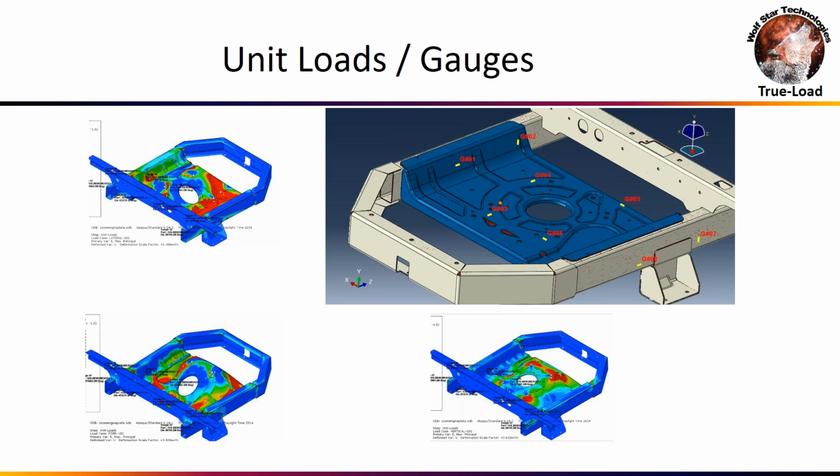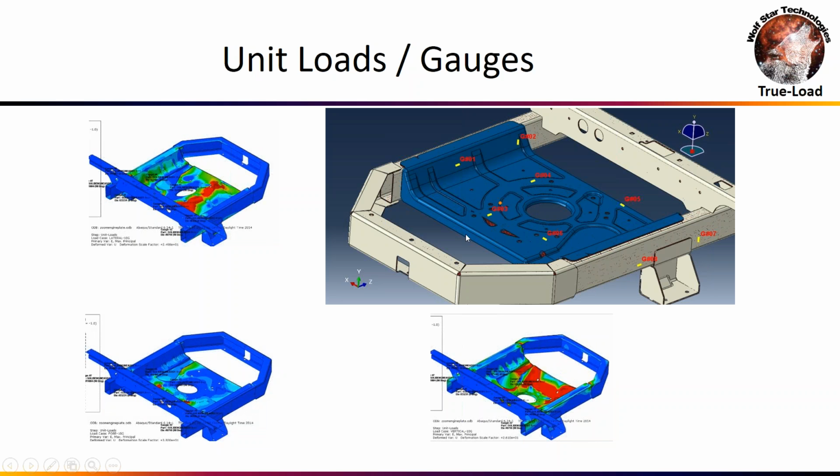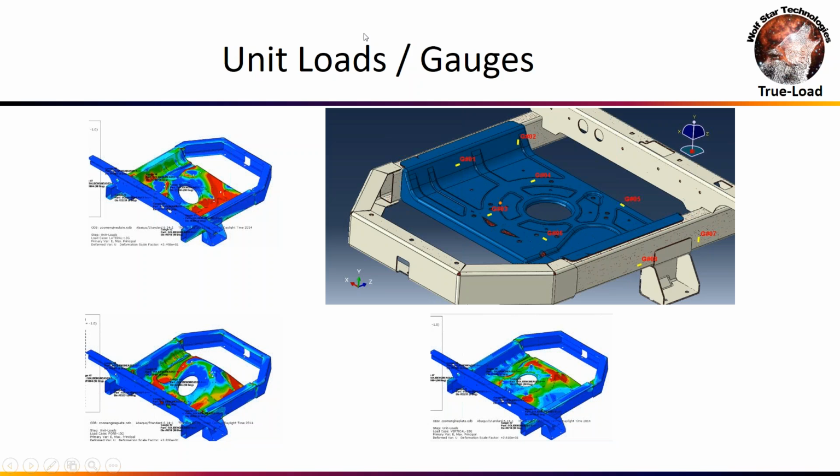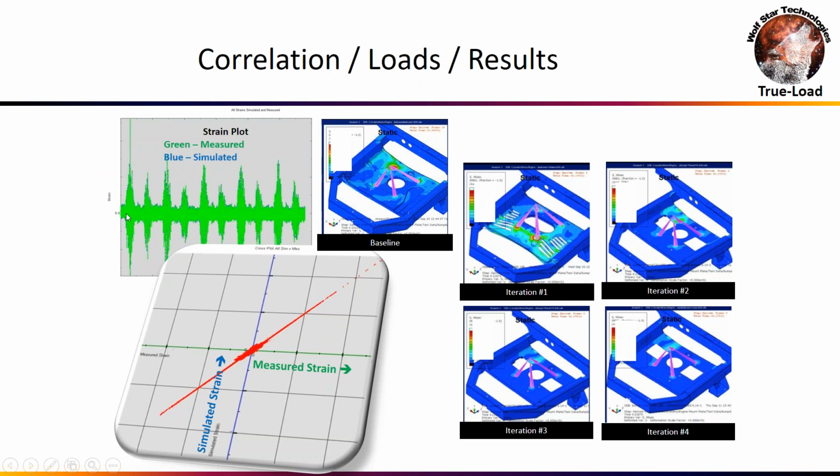And just as an aside, we also did a modal version of this, which I'm not going to show. And then from these 3 unit load cases, we had 8 strain gauges placed on here from true load, and then here's their data. So what you're seeing here is my typical green plot of all 8 strain gauges on their proving ground, and then there are blue curves from the simulated strains, and you can see they're line on line, and look at this excellent cross plot we got. So this was literally a single button push on my part to get to this type of strain correlation.